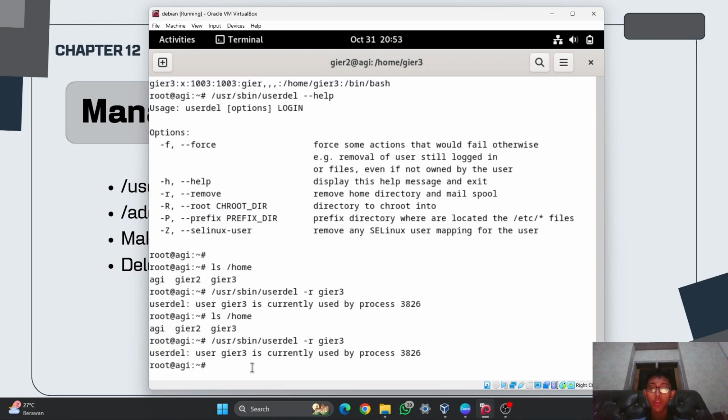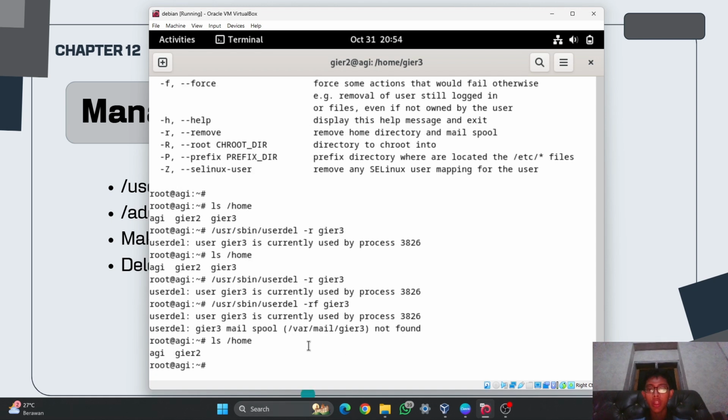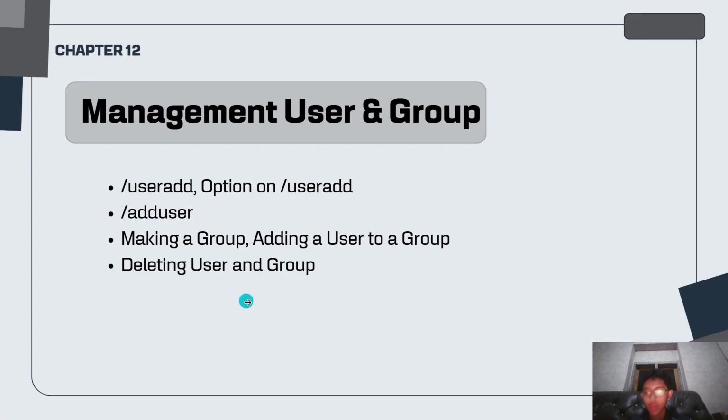As you can see, you cannot delete this user because I've been using it before. So if you still want to delete this user, you have to use -f. So you can use -rf and then the name of the user. So right now you will get a forced delete, and as you can see, the GR3 home directory has been deleted. So that is how to delete a user.